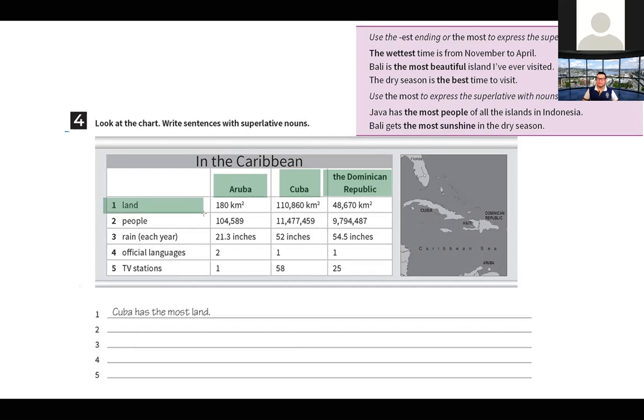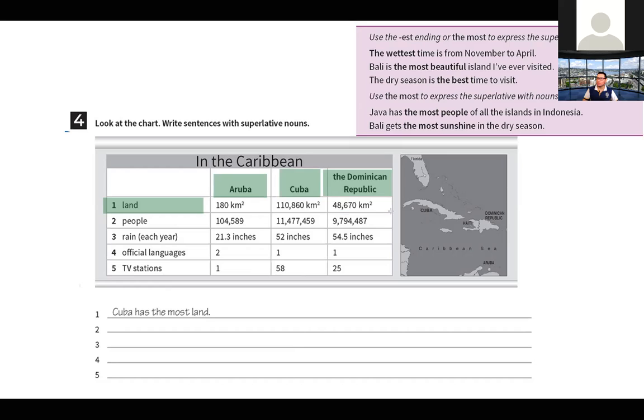Number one, we have the land. Okay, the land. The land is 180 kilometers. No, you look here. It says 860,000 kilometers. No, and here we have 48,670 kilometers.